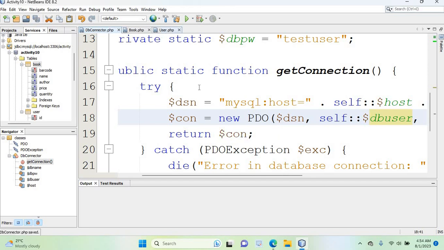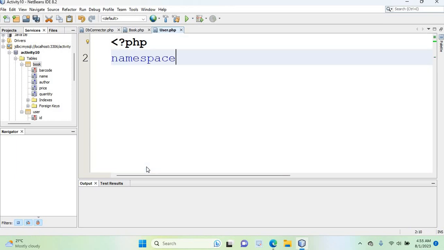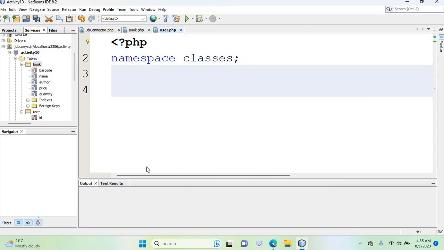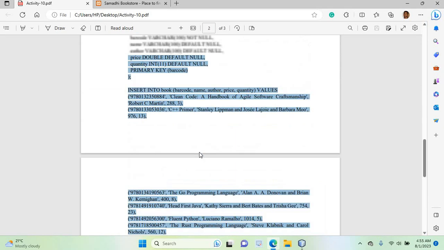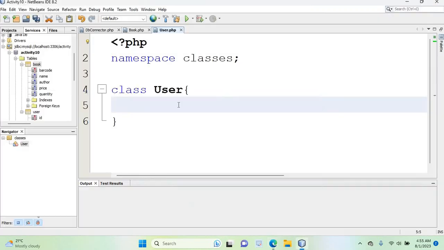So now we will go to the user class. Again we are going to add a namespace here, so that will be classes, and then we are going to have the class, this one is user. Under user you can go to the activity. Under user we are having these properties: id, first name, last name. Likewise, we are going to have these properties,